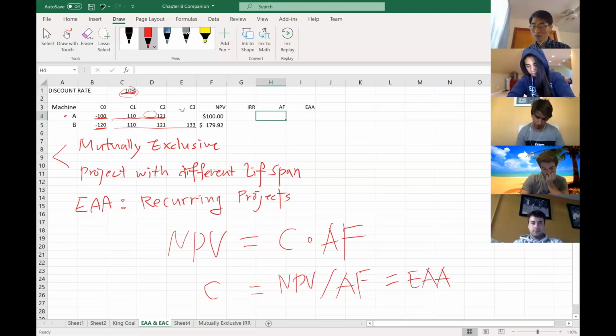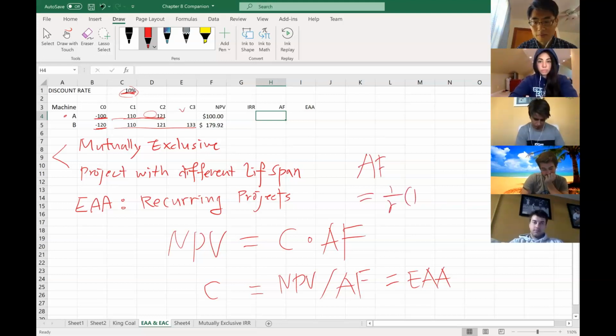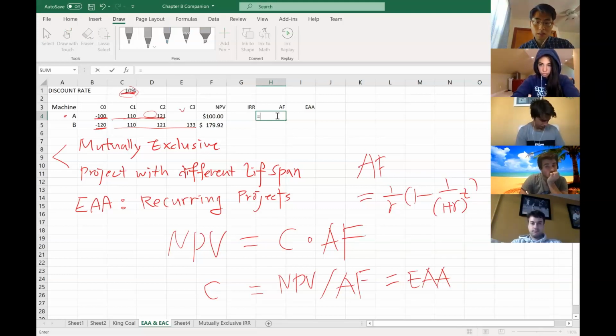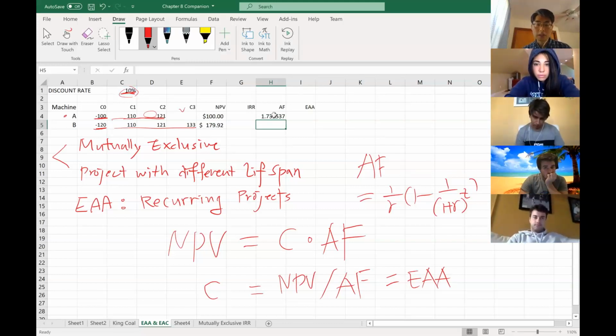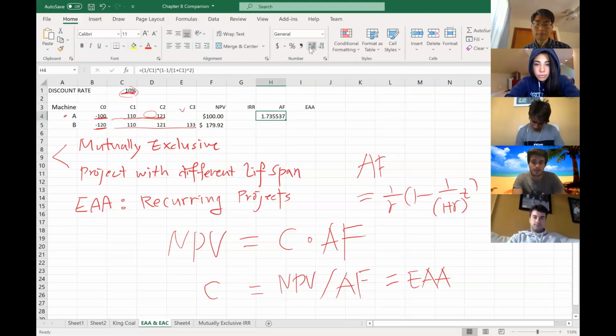Okay. And do you guys remember how to calculate the annuity factor? Right? So this is the annuity factor. So we have to calculate the annuity factor here using the 10% discount rate. Right? So this is because this is a 2-year project. This is the annuity factor, right? So the annuity factor of a 2-year project is 1.73. Right? Annuity factor of a 3-year project